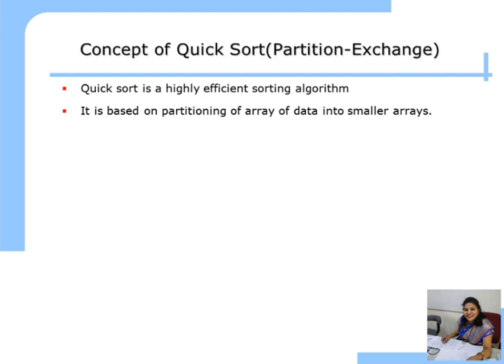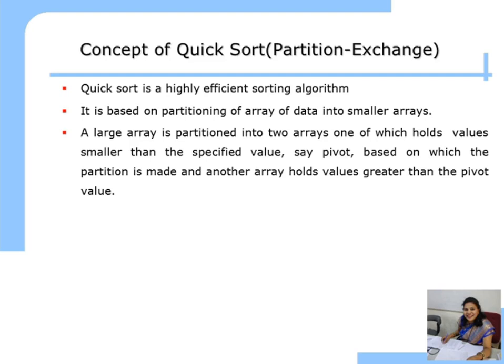In the first pass we divide the array into two parts. In the second pass these two arrays are divided again into two parts, meaning a total of 4 sub arrays are generated. We continue this process until each sub array has only one element. Why? Because an array having only one element is always sorted. So this is how we partition the array.